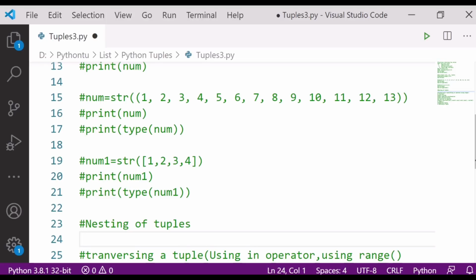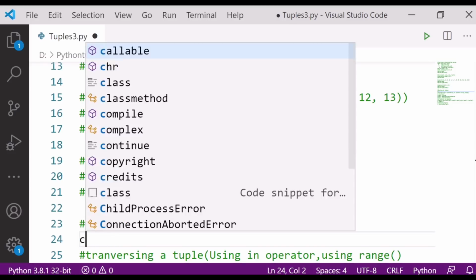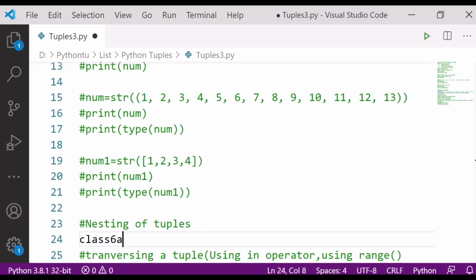Just suppose I am creating here first tuple, class 6a, is equal to.